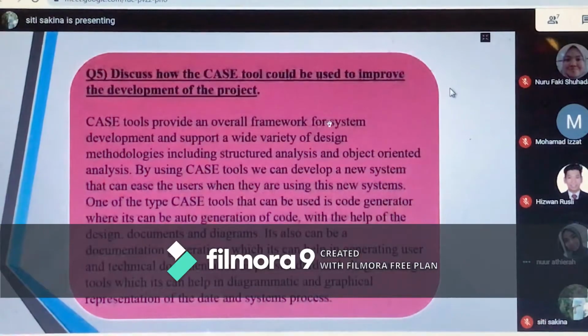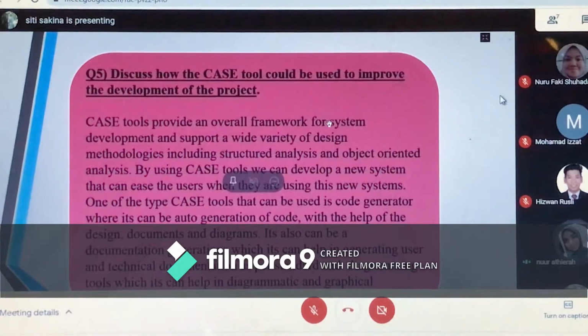Discuss how the CASE tool could be used to improve the development of the project. CASE tools provide an overall framework for system development and support a wide variety of design methodologies, including structured analysis and object-oriented analysis. By using this tool, we can develop a new system that can ease the user when they are